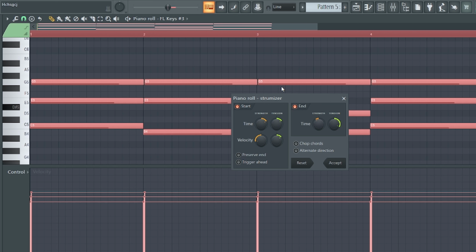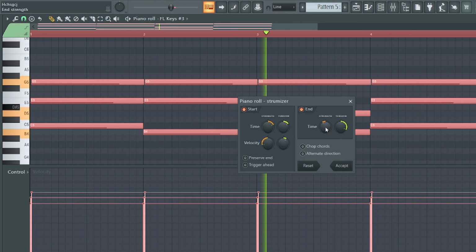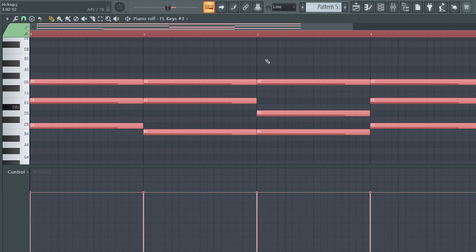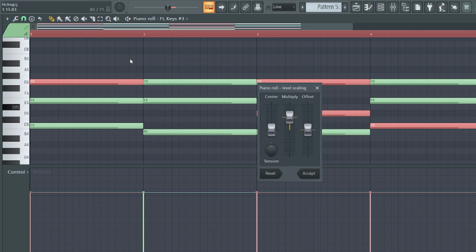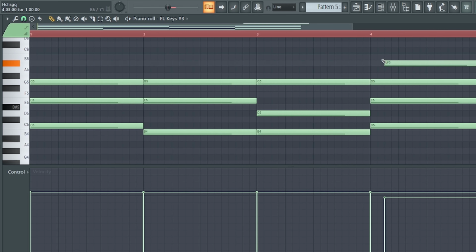And it sounds much better, but there's another way that you can use which is not strum. You can press Shift plus R a couple of times and it will select some random notes. Then you have to press Alt plus X. Now here's a window that will pop up and then you can change velocities, tensions randomly